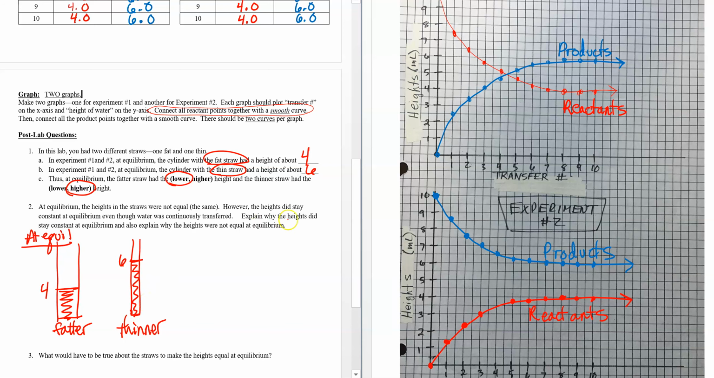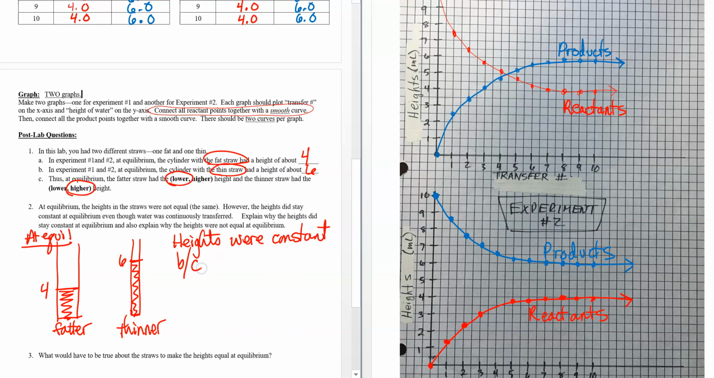So now, explain why. Okay, let's read this again. At equilibrium, the heights in the straws were not equal, right? They weren't 5 and 5, they're 4 and 6. However, the heights did stay constant in equilibrium, even though water was continuously transferred. So even though we transferred back and forth between the graduated cylinders, we always had the same constant height. Explain why the heights were constant at equilibrium. So heights were constant